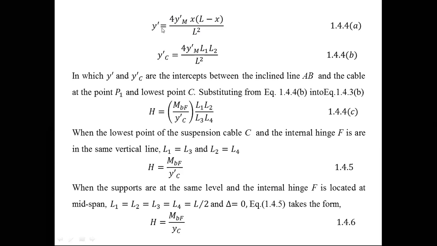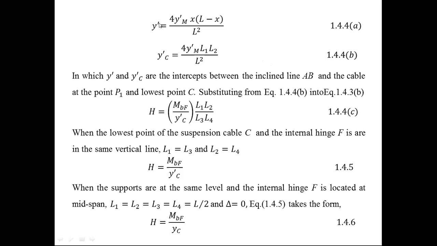Then if it is Y C, X is equal to L1. Therefore 4 Y dash C, this is A and this is B, is 4 Y dash m into L1 L2 by L square. So in this, Y dash and Y C dash are the intercepts between the inclined line AB and the cable, at point P